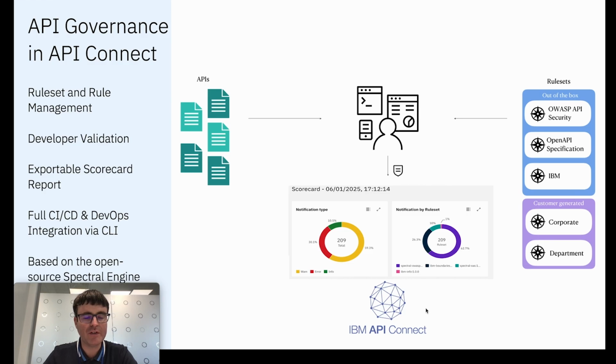So, API governance in API Connect. The governance capabilities of API Connect are essentially organized around rule sets with rules. Rules can be used to actually check that an OpenAPI document is compliant with a particular policy. API Connect provides an experience to actually create and manage these rule sets with their rules right from within API Connect. A developer can then use these rule sets with the rules to actually validate that their OpenAPI documents are